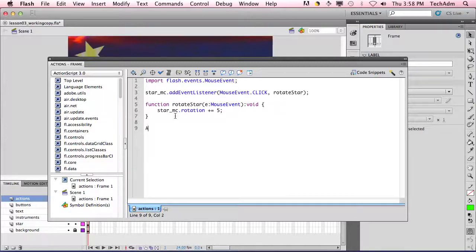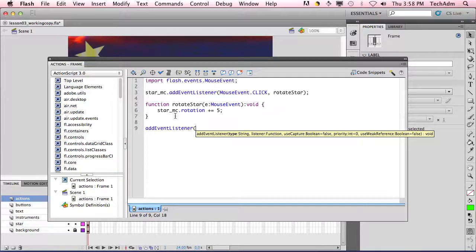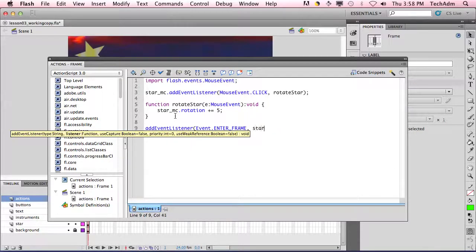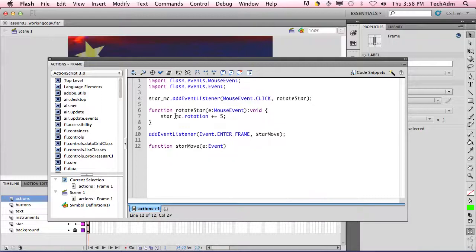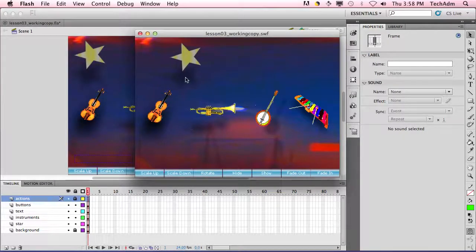We just add this on here. Add event listener, Event.ENTER_FRAME, star move, and we just add one more function, star move, event void. Okay, and we say star_mc.x += 2. So that's it. Notice now every time it enters a new frame, this star will actually move